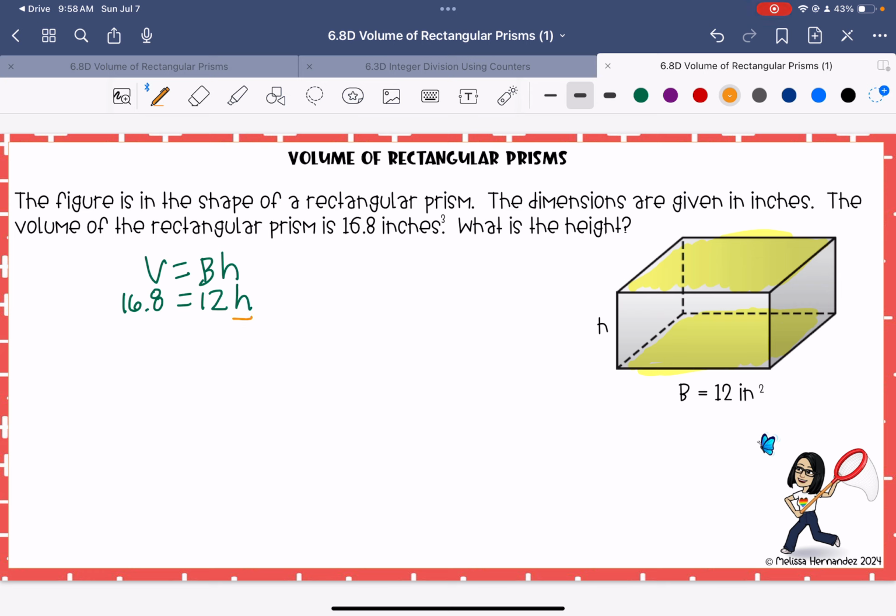So I'll use my inverse operations, and I'm going to divide both sides by 12. 12 divided by 12 is 1. And so now I'm going to solve it over here. 16.8 divided by 12. 12 doesn't go into 1, but it goes into 16. And one group of 12 is 12. My new division problem is 48 divided by 12, which gives me 4. I got to keep my decimal there. I don't want to change the value. And the height is